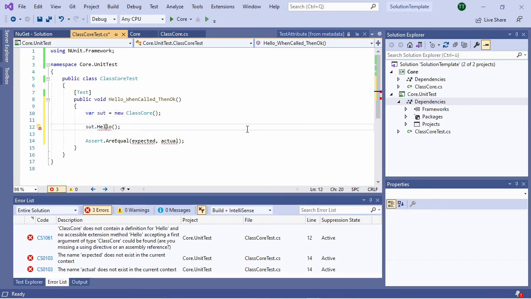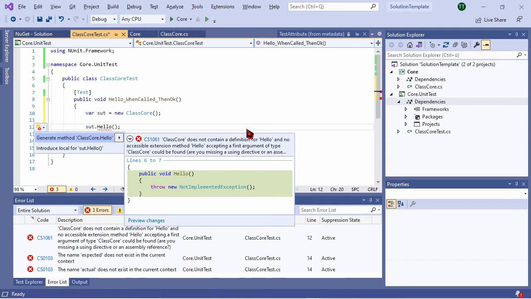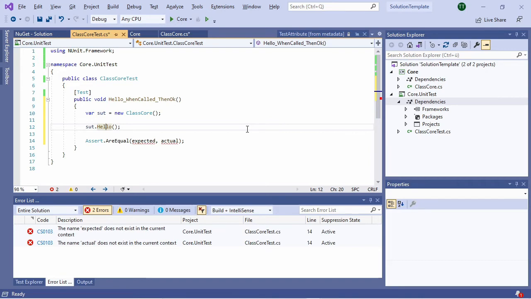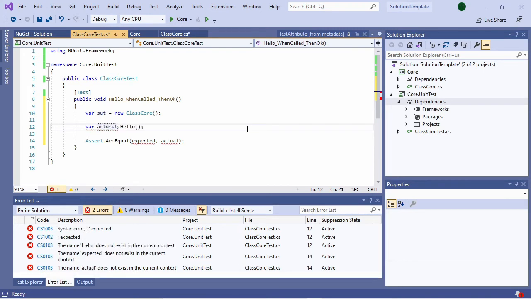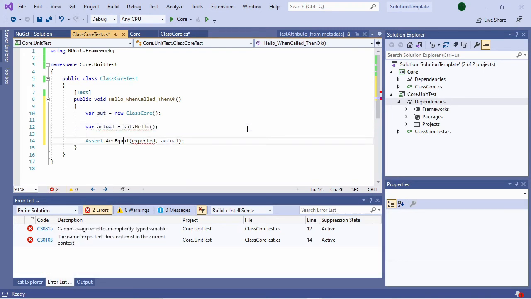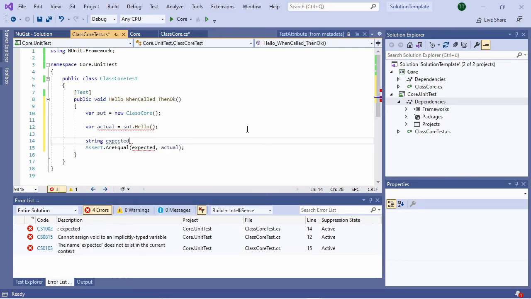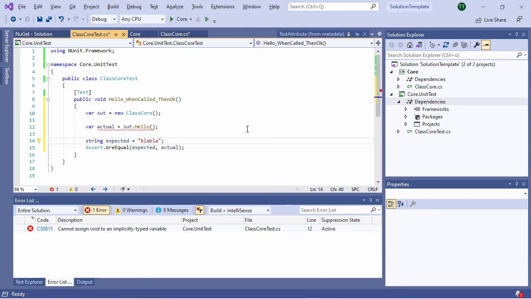The Hello method, Alt-Enter, it proposes me to create it. I will call it, and then Assert.AreEqual is not recognized because... so I will say var actual is equal to the return of Hello, and the expected, let's say that I want a string, expected is equal to "blah blah" like this.